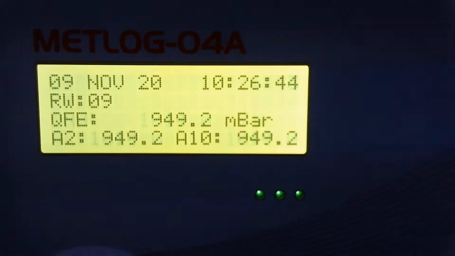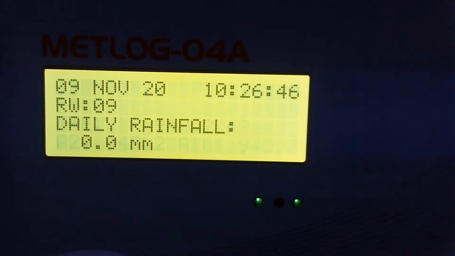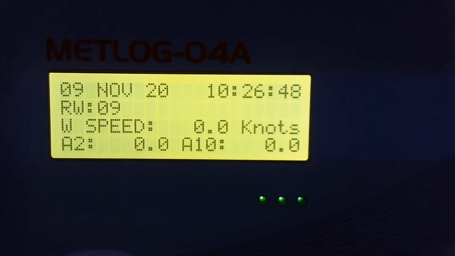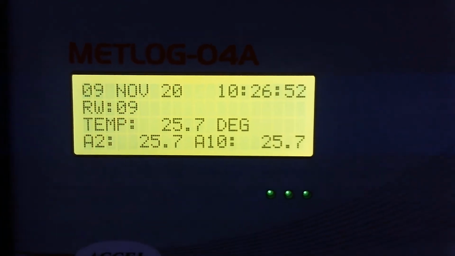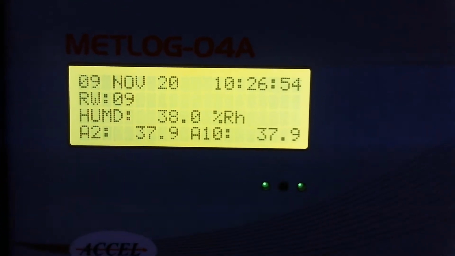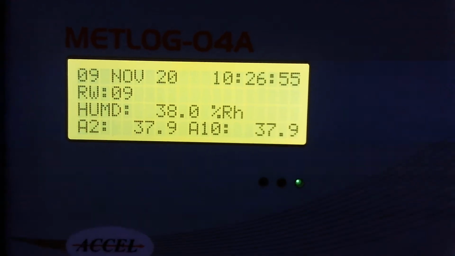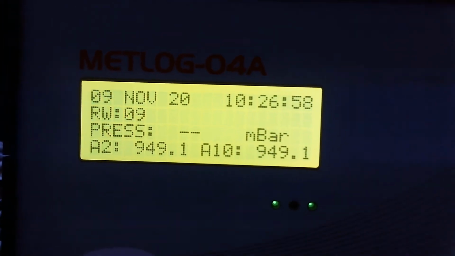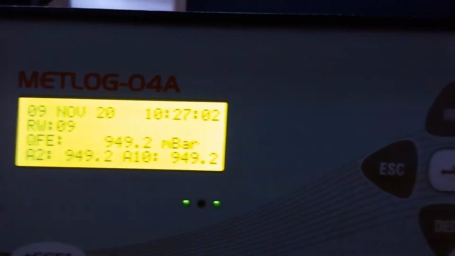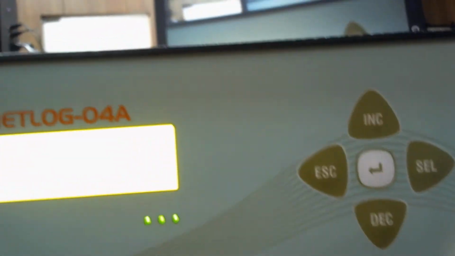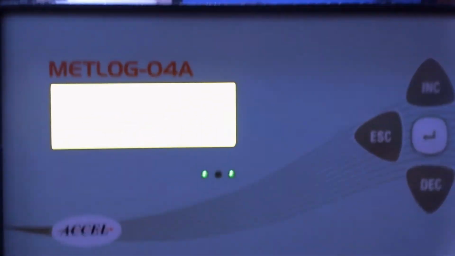As you can see now, data is coming here with date, time and runway number. All data is coming. So you are able to see now each and every sensor data one after the another, which is called as a run mode. So your data logger is in run mode. So what are other different menus inside, or how to set, that we will see now here.